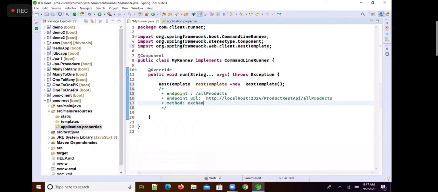Exchange method I am calling, with param 1, param 2, param 3, param 4. Param 1 is the endpoint URL. Param 2 is an HTTP method.